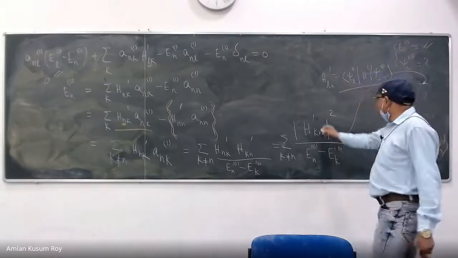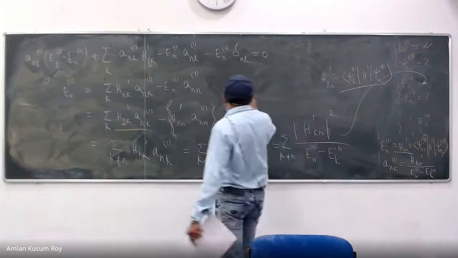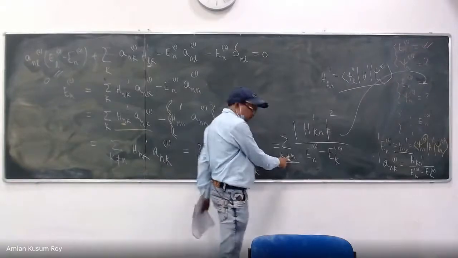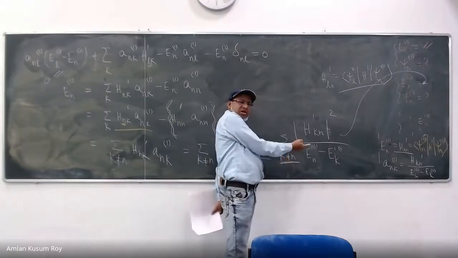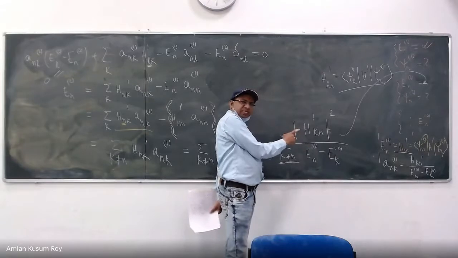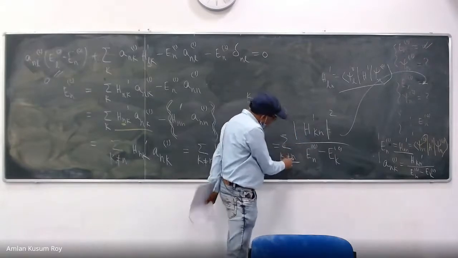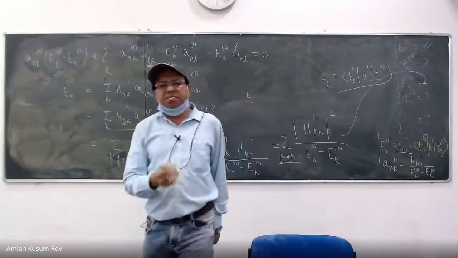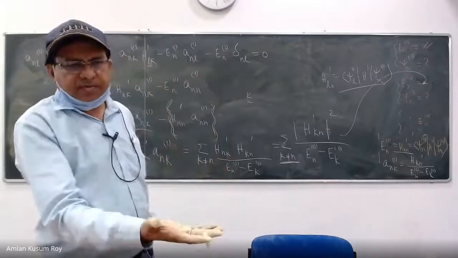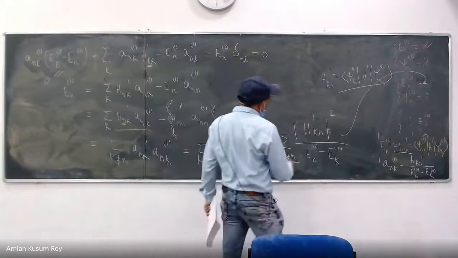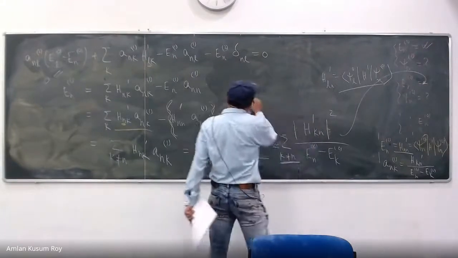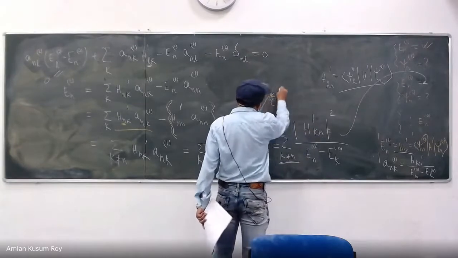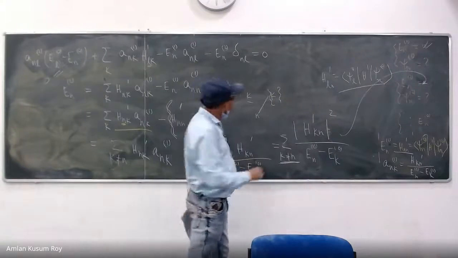You understand? So look at this k. What is the k? You are considering the perturbation in the second order in the nth state, and the sum is for all the k's not equal to n. You see that? That means you consider all the states other than the n, and then you calculate the matrix element. So you started with n, and you have all the intermediate states which are called k. So here is a sum over all the k states which are not equal to n. And then you return back.